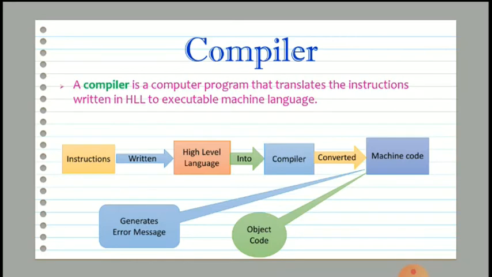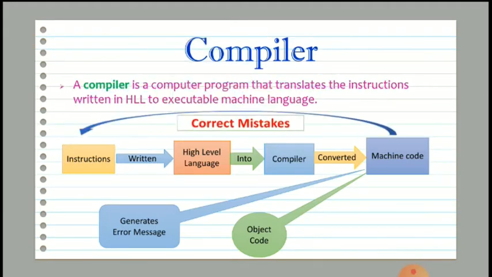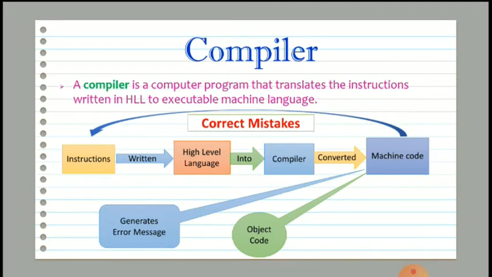When you translate the instructions using compiler and if mistake is found in instructions after compiling, that mistake should be corrected whenever needed and the instructions has to be compiled again.